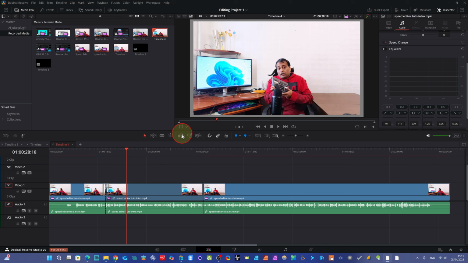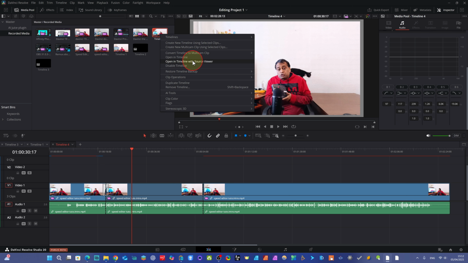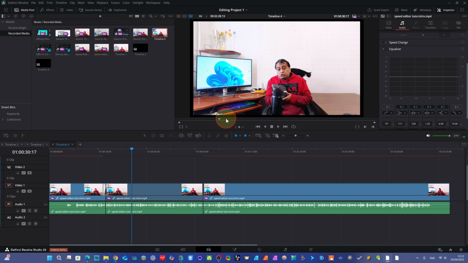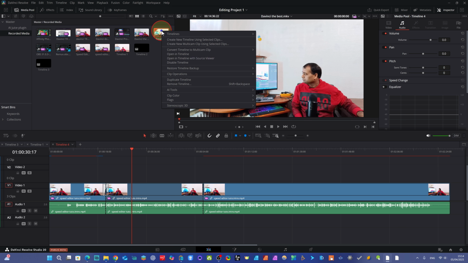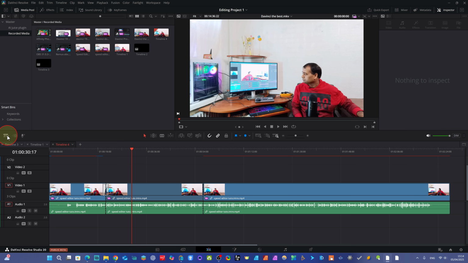Red means it's the source viewer, and the regular timeline viewer has a different color. Double click to change. From here you can directly open your timeline with source viewer, but I always use this stack timeline.